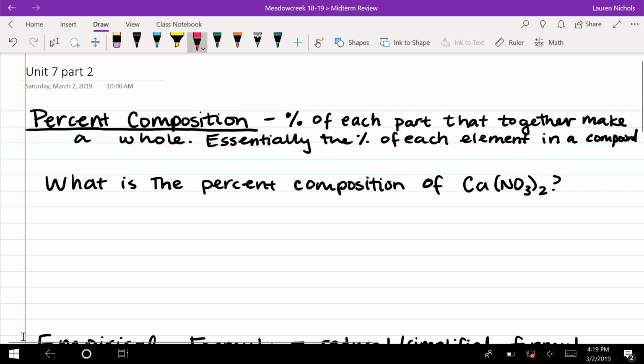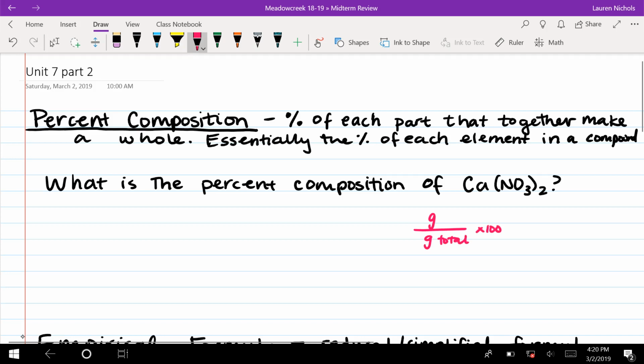So if I want to know what is the percent composition of calcium nitrate, right, that's asking, okay, what percentage of this calcium nitrate is calcium? What percentage is nitrogen? What percentage is oxygen? And we know that all the percentages add up to 100%, right, which is the whole. And so our formula is always the grams of what you're looking for divided by the grams of your total